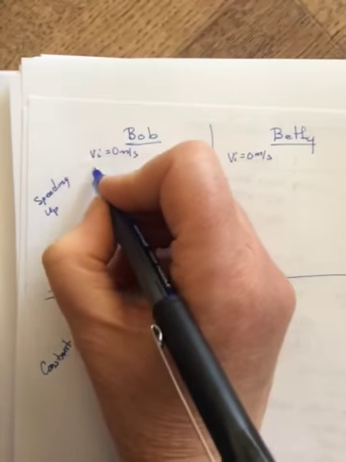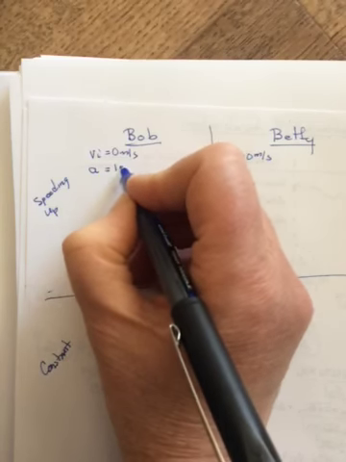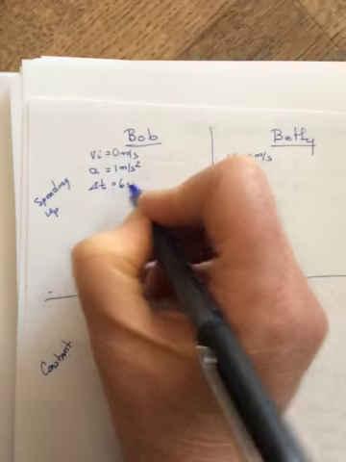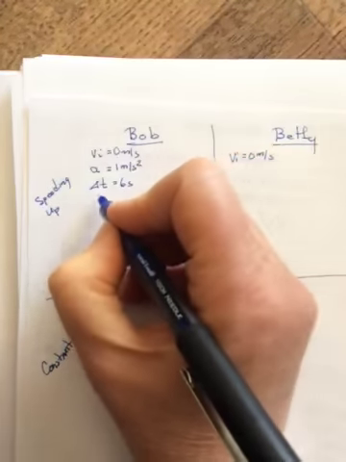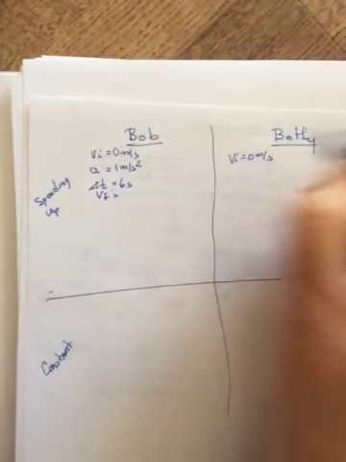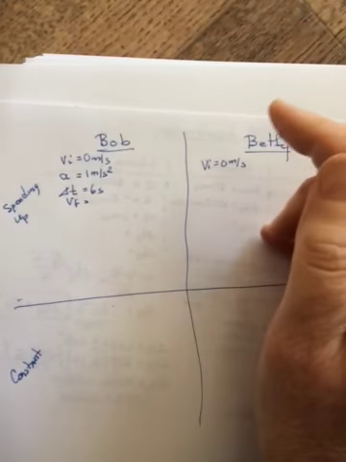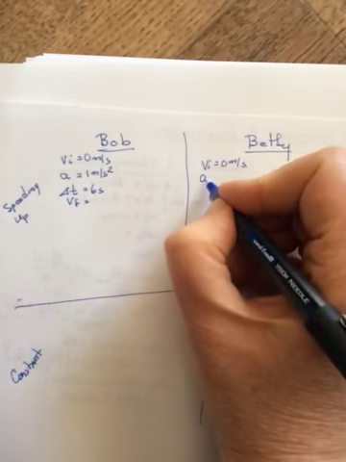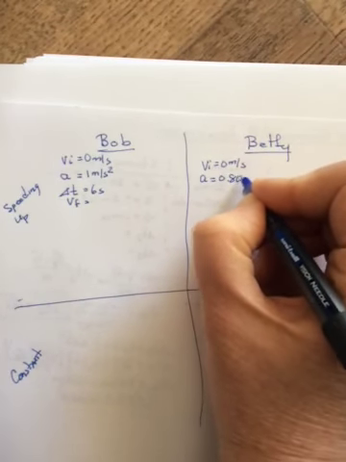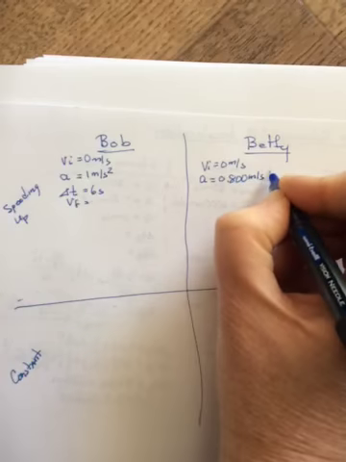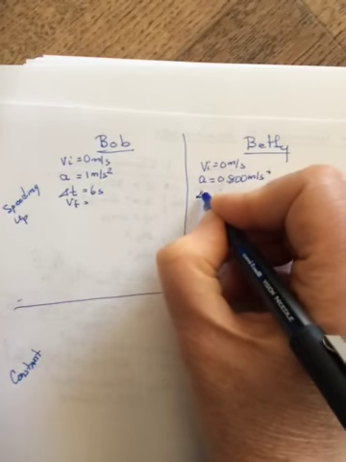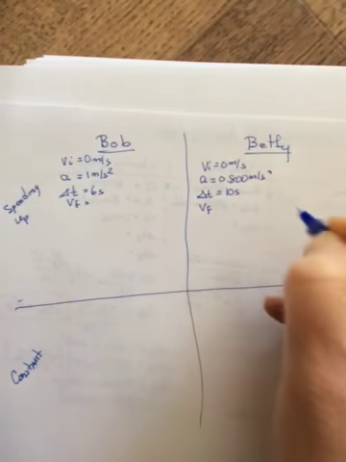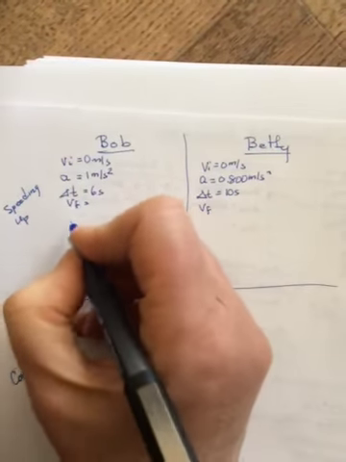Bob can accelerate at a rate, so A is equal to 1 meter per second squared, delta T, 6 seconds, and then he reaches his top speed, which will be VF. Betty can accelerate at a rate of 0.8 meters per second squared, and it takes her 10 seconds to do this. And then she'll be at her top speed. So the two things you want to find about top speed is